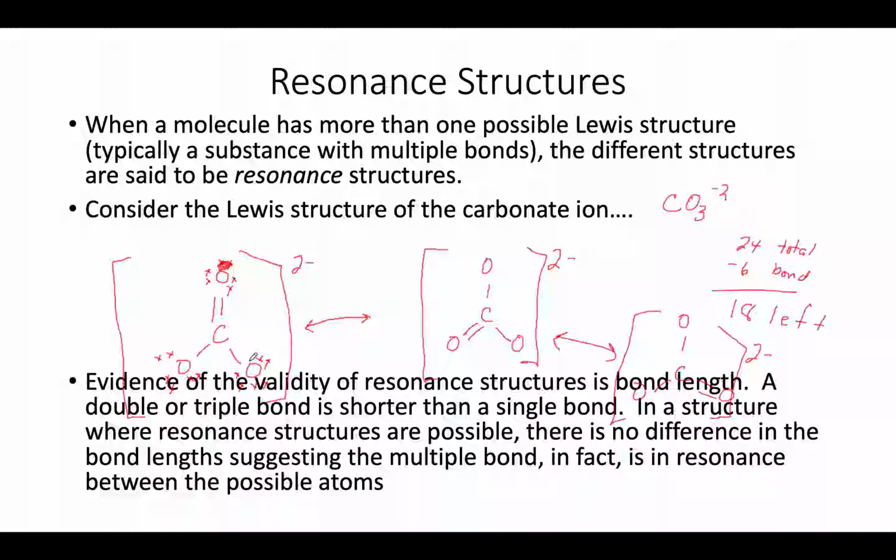So what's literally happening in the ion is that the double bond is resonating between all of the oxygen atoms. It's literally trading places, click, click, click, click. And so all of these resonance structures are present, and they all contribute to the actual ion, and the bond lengths are an indication of that. So they're there and they're real. So with that in mind,